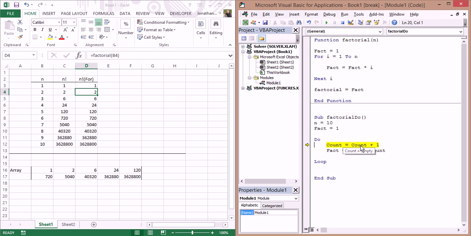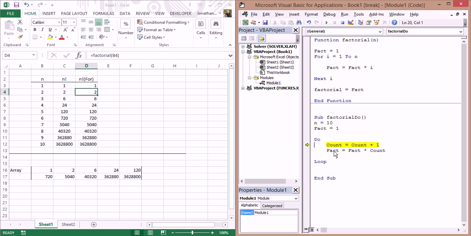You can kind of see how this is treated as empty. So it basically treats it as 0. So when it steps through, it's now 1. And then fact is 1. 1 times 1 is 1. Go down, loop up. Count is 1. And so 1 plus 1 is now 2. Go down here. Fact equals 1 times 2 is 2. And so it'll keep looping,